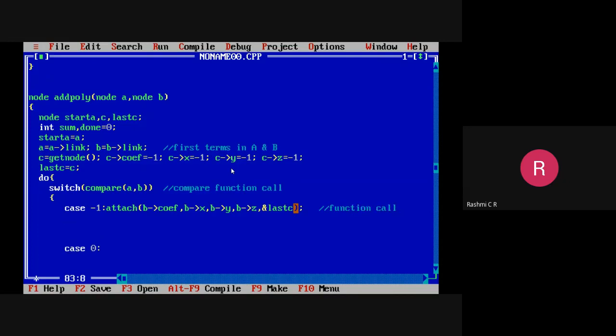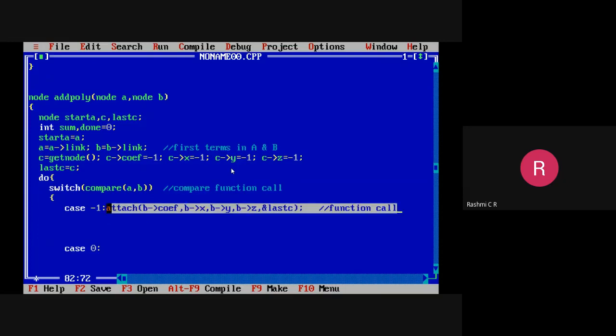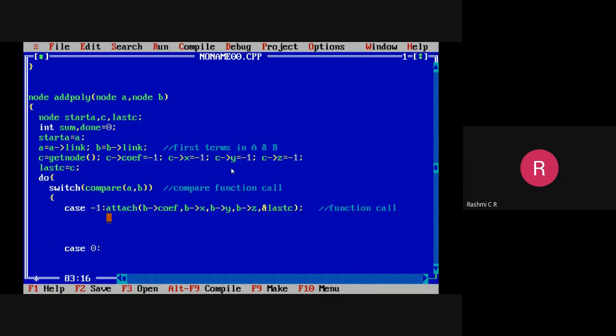So when the first b term gets added, what happens? I have to move to the next term in b. Suppose you have some value like 2x to the power of 1, so that b term gets added. After adding the b term, one of the terms is already attached to your final result, and then you just have to move to the next location.